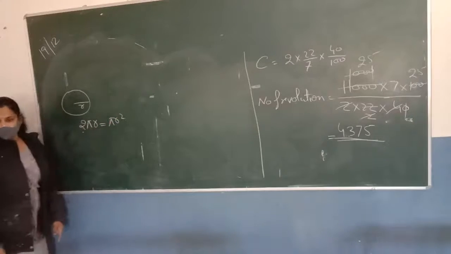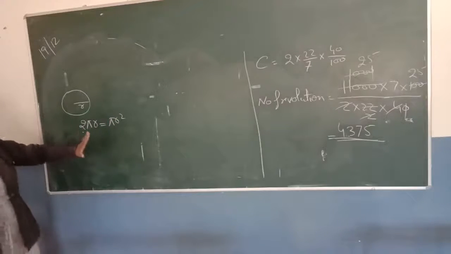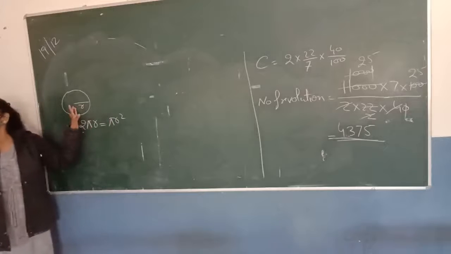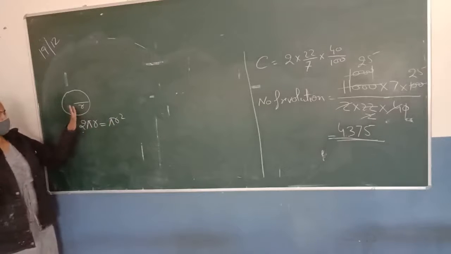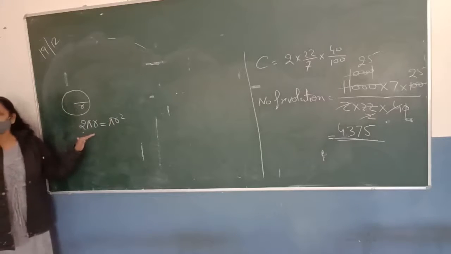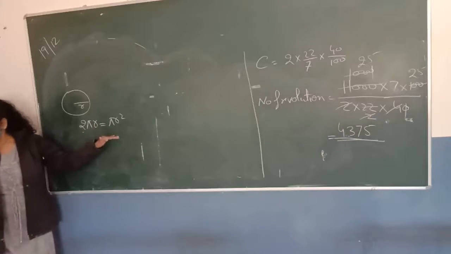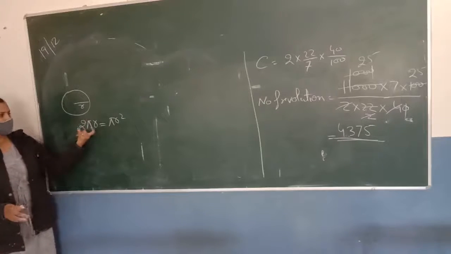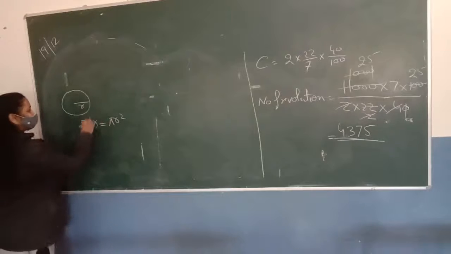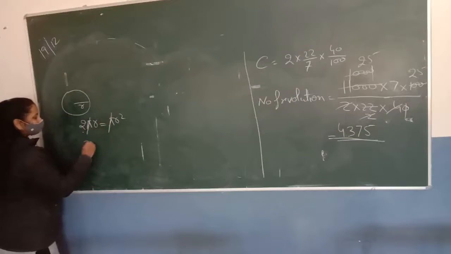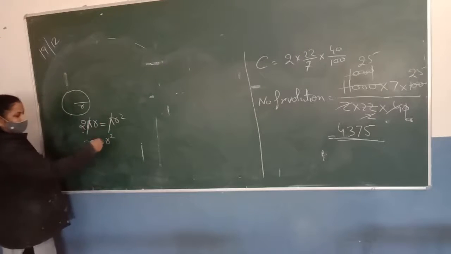So according to the question, we can write it like the circumference of the circle is equal to the area of the circle. You will write it properly: suppose the radius of the circle is r. So the circumference of the circle will be 2 pi r. The area of the circle will be pi r square. So according to the question, 2 pi r is equal to pi r square, and we can solve it. Pi cancels pi, 2r is equal to r square. R cancels from r square.